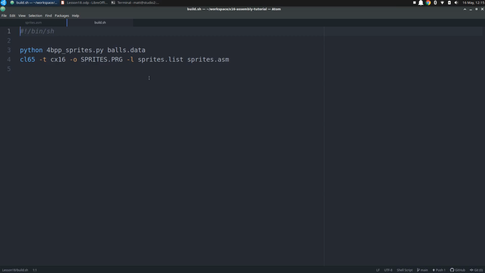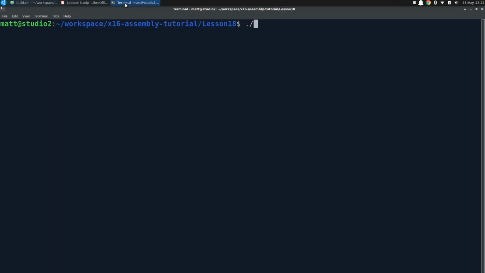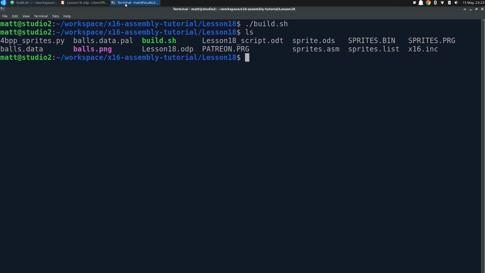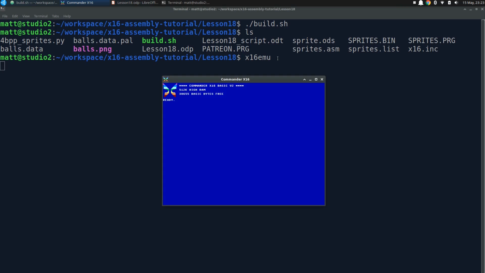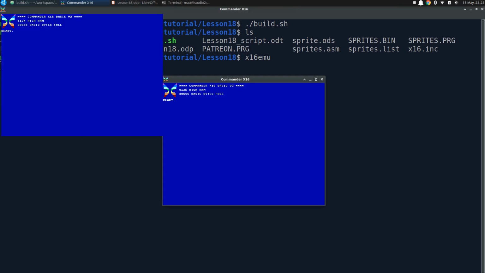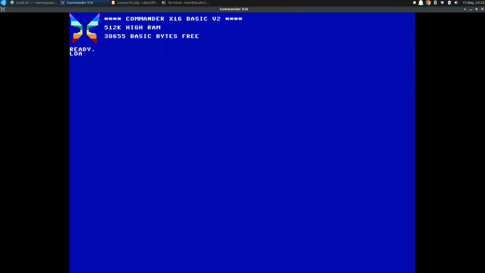Let's go try it in the terminal. Let's run build.sh. And we'll check our directory listing to make sure that we have our Sprite assets and program, and we're ready to go. So let's run that emulator, and we'll maximize it to see our fancy balls. Let's load sprites.prg